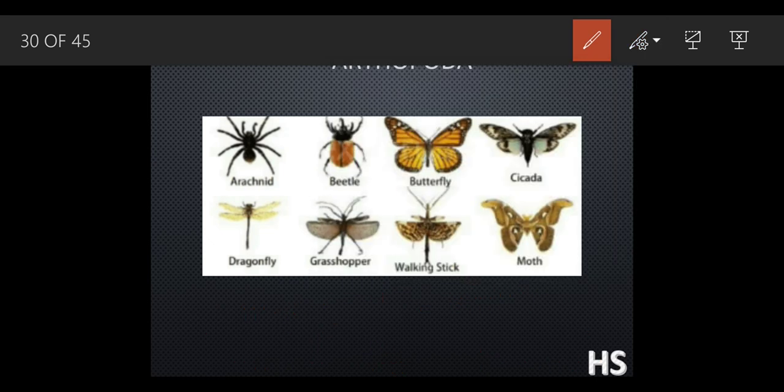Now see, as their bodies are soft, they can be easily killed, but it is not so. Why? Because if you look at the snails and others, they have a hard outer covering. They have a hard protective part, which is called the shell.